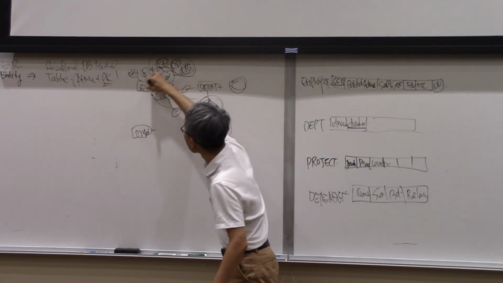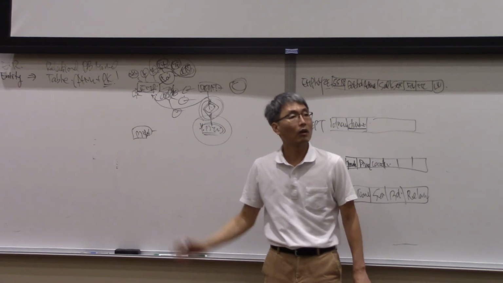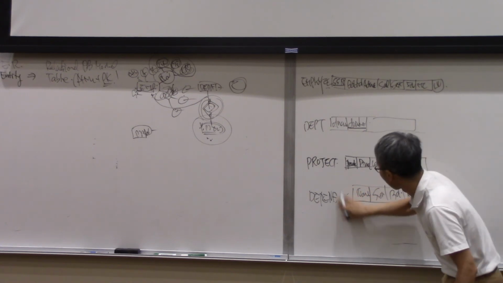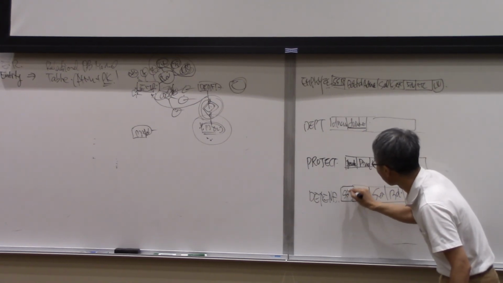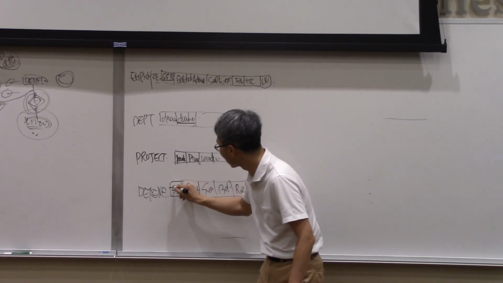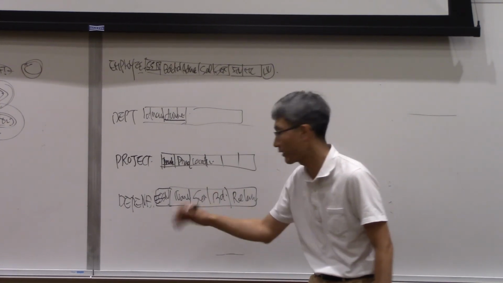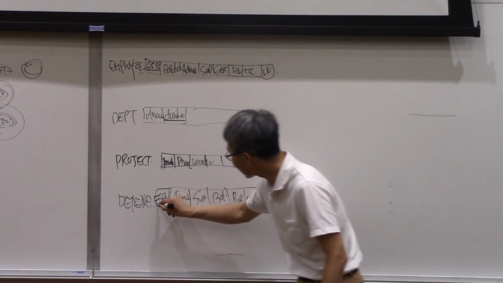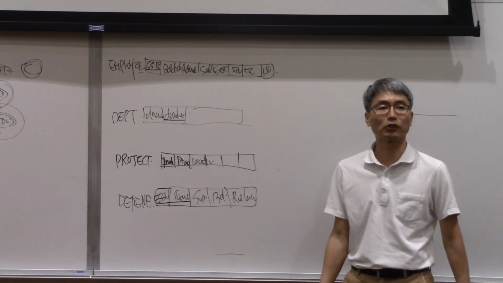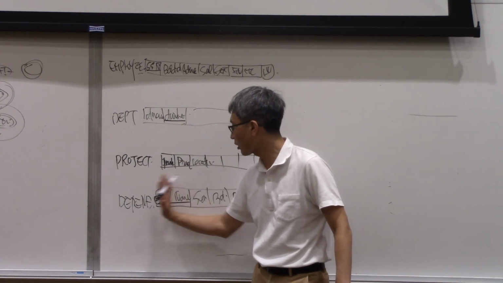So the employee SSN primary key will be used as part of the primary key of the weak entity, which means we are going to add SSN. To differentiate from the SSN in employee, we can say ESSN. It doesn't matter. I will talk about such a naming rule later. Okay. So at this time, the primary key is the combination of this. If you are using only ESSN as the primary key of dependent, what